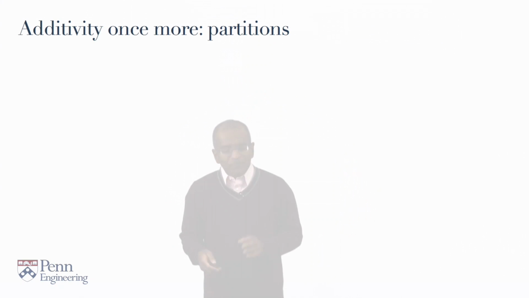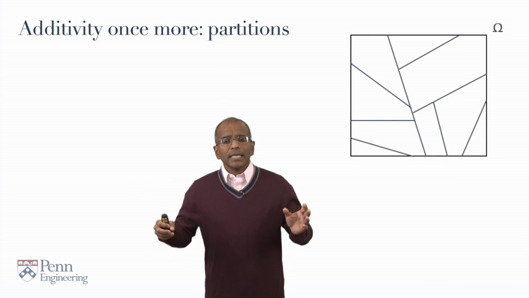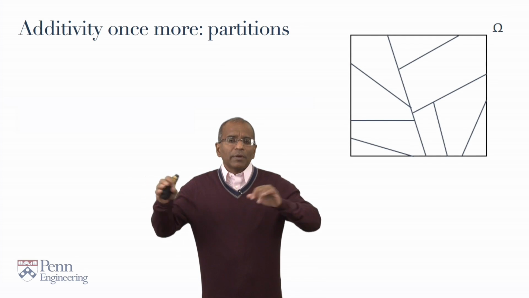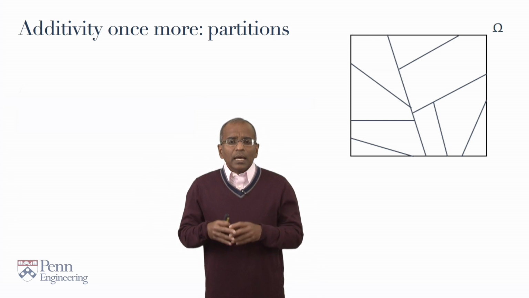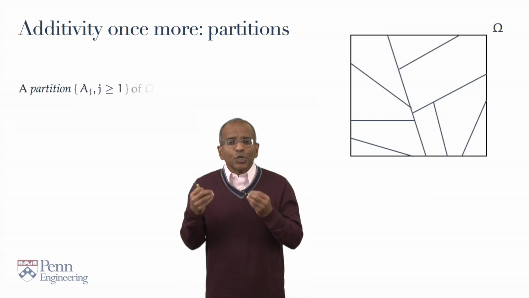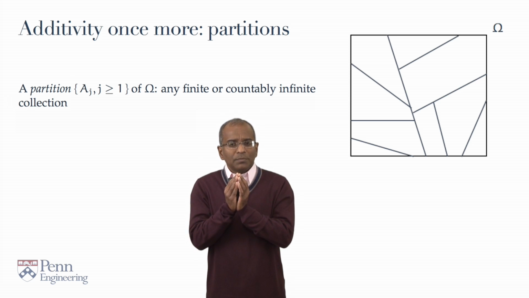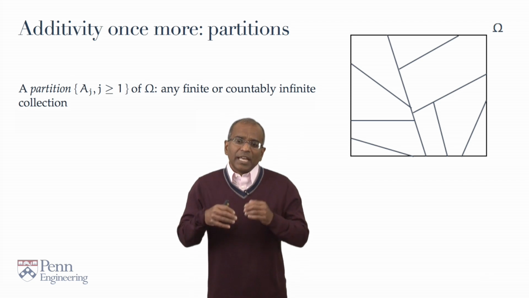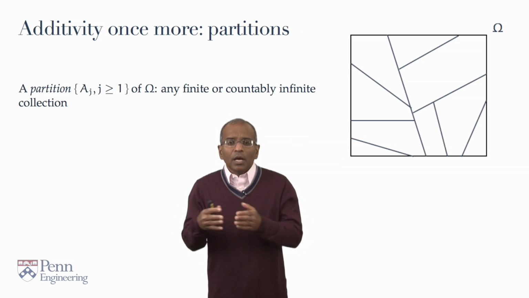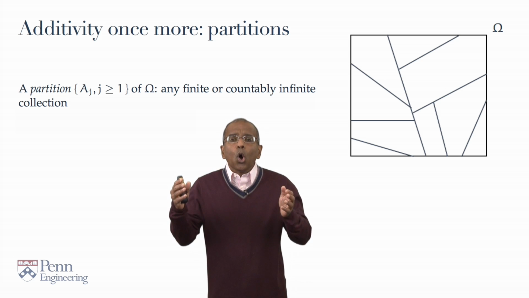One last example pays for all. Additivity once more. So let's begin with a setting, an abstract setting. Of course, we have a sample space omega. Define a partition of omega to be any finite collection of events, say A1, A2, A3, through a finite or